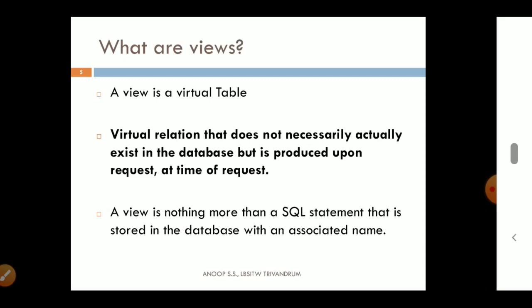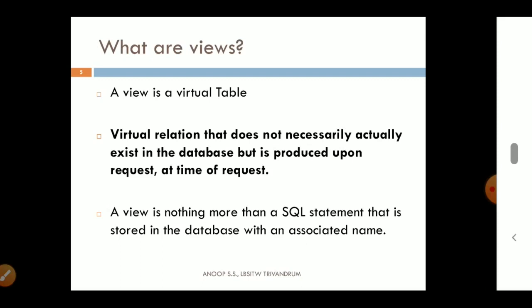So a view is actually a virtual table or a virtual relation which does not necessarily exist in the database, and this table will be produced only upon request.